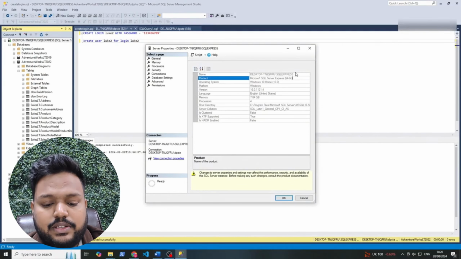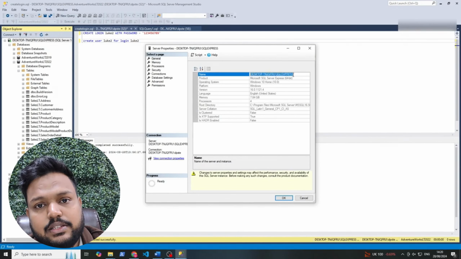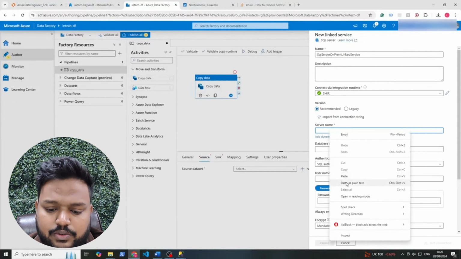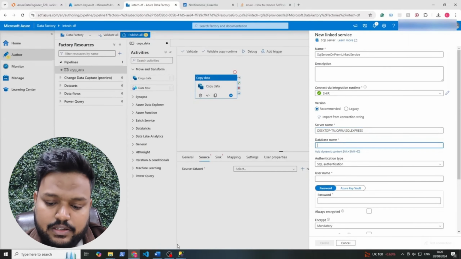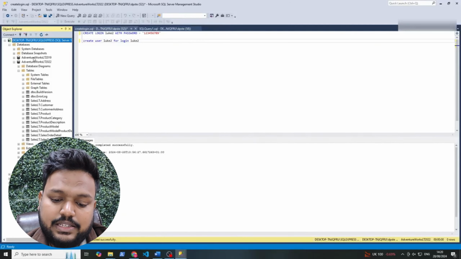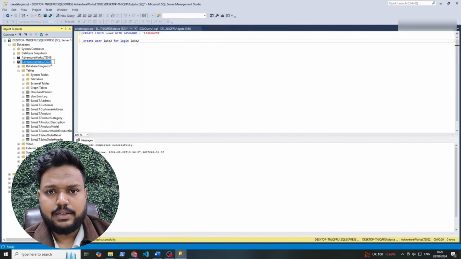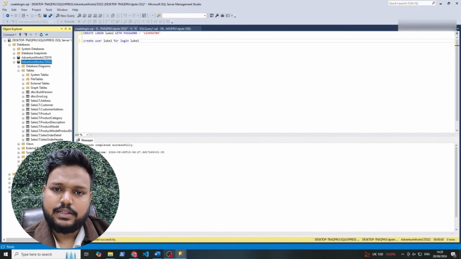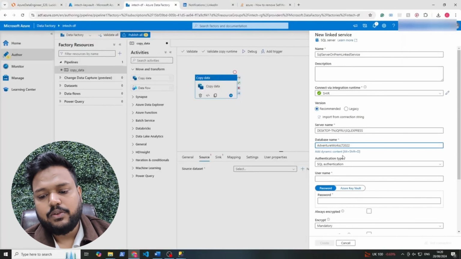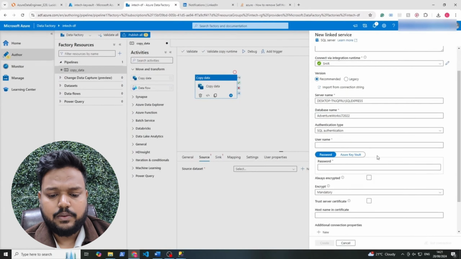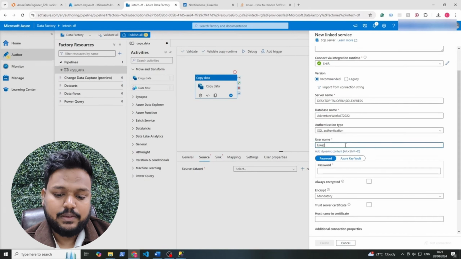Now, we want to fill in the server name and database name details. Come here to SSMS. Up at the top, you'll see desktop, blah, blah, blah. If we go to properties, you'll see the name there. You can copy that. So that's the server name. Then if we go back to the portal, paste that as the server name. If we go back again to SSMS, the database name is AdventureWorks LT 2022. So if we click on that, then click again, we can press Ctrl+C to get the name, paste that in